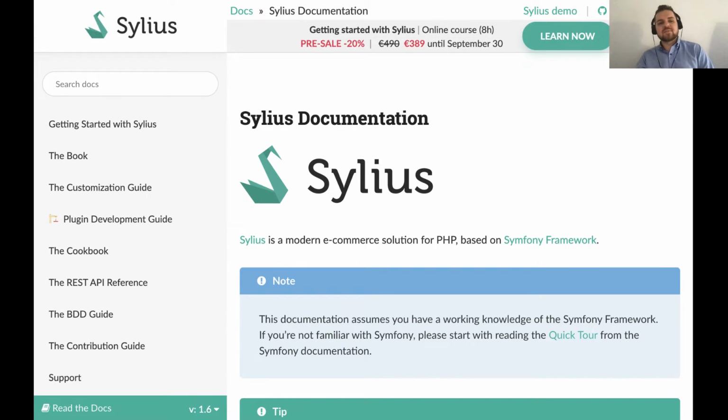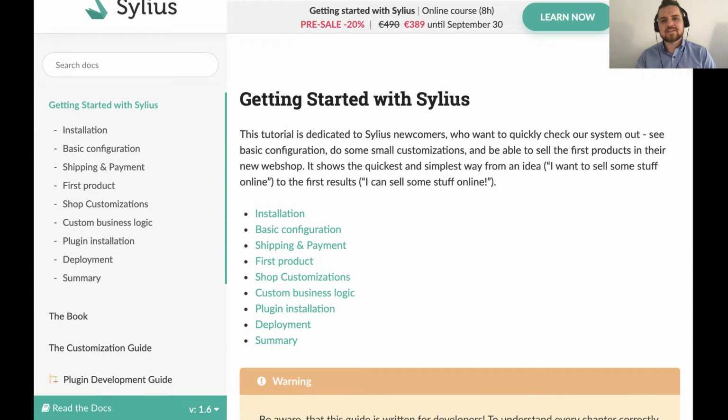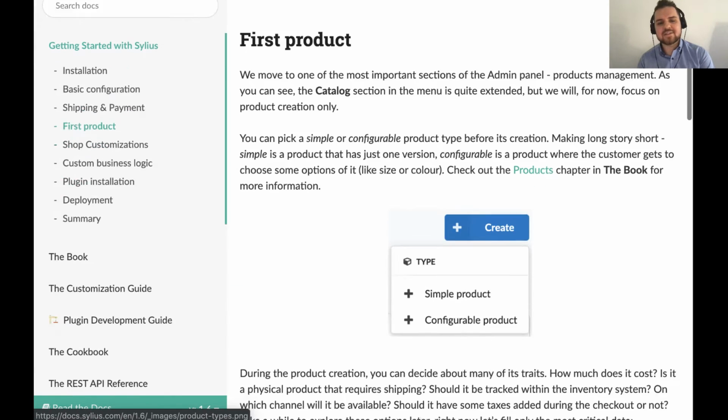The first one is getting started with Sylius. We have added a completely free written tutorial, and that goes from the installation to the deployment of a simple shop on top of Sylius. So there's a couple of steps on the way, like basic configuration, configuring shipping, payments, adding your first product,